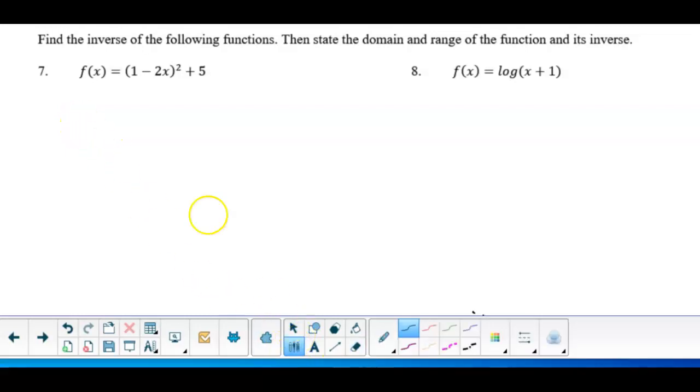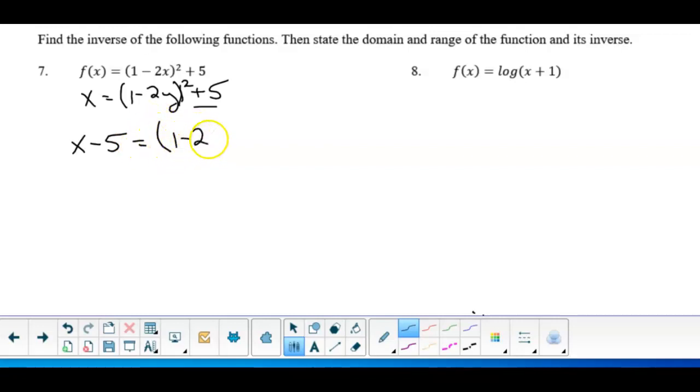Alright, let's take a look at problem number 7. We've got to find the inverse of that, so I need to change my y to an x. And then I'm also going to change the x to a y, so this is going to be 2y squared plus 5. Alright, so I need to solve. The first thing I need to do is move the 5 to the other side, so that's going to be x minus 5 is equal to 1 minus 2y